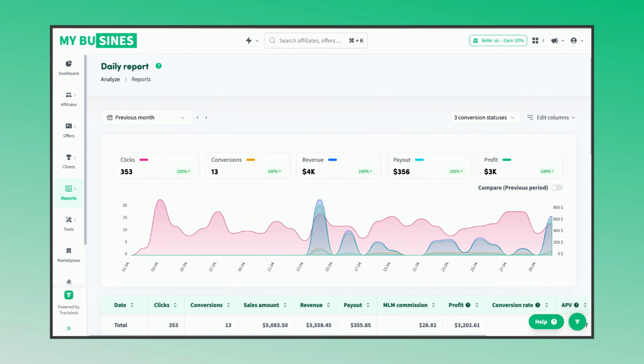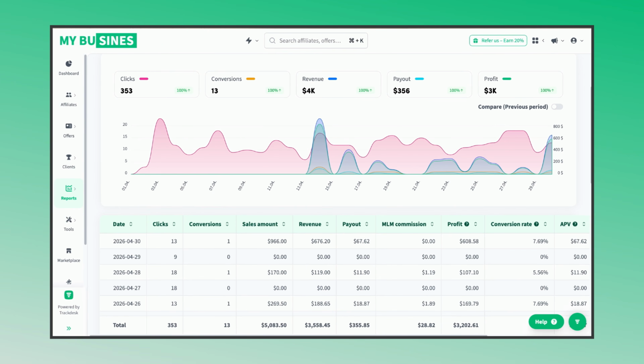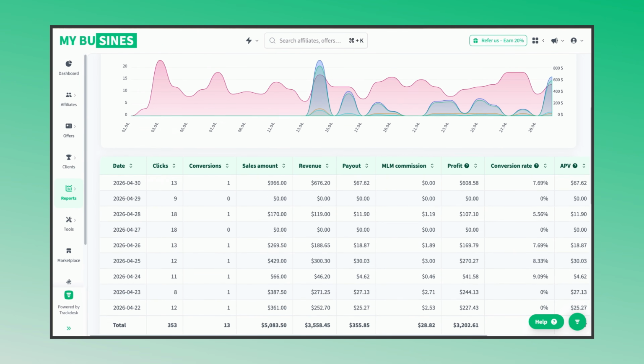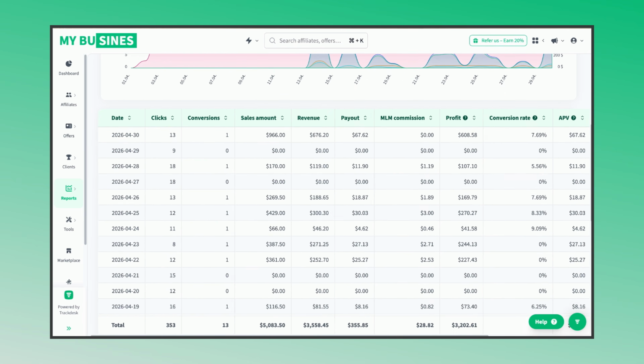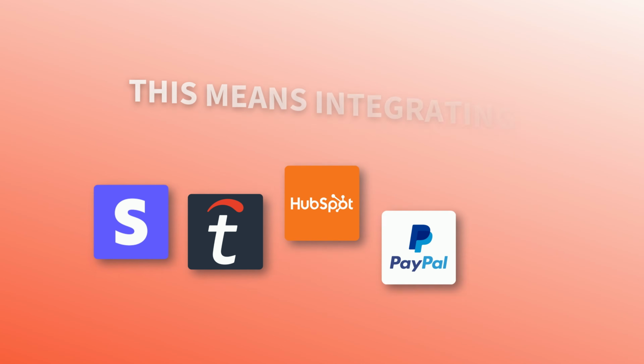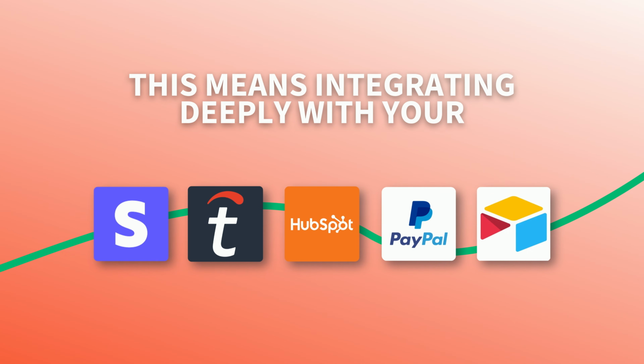The third thing is to invest in your tracking infrastructure. Accurate real-time granular tracking is the foundation of everything. If you can't see exactly what's happening at every point in the conversion path, you cannot make good decisions about what to approve and what to flag. This means integrating deeply with your payment provider, your CRM, and wherever downstream revenue data actually lives. The more complete your picture of what a real conversion looks like, the easier it becomes to identify the ones